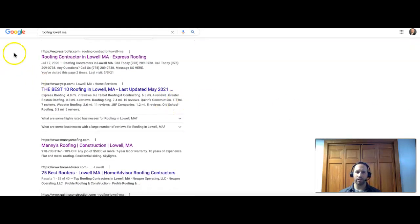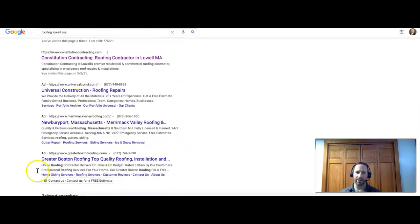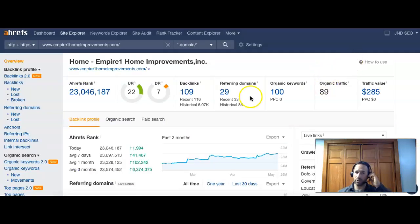And then after that, we have our organic section. This is where the companies show up with their websites. And so just for this example, roofing Lowell, MA, if we were ranking this keyword, number 1 would be Express Roofing. Number 2 would be Yelp. Number 3 would be Manny's Roofing. And number 4 would be Home Advisor. It goes all the way down, as many numbers as you can really count here. The top 10 show up on the first page. And then after that, you see more ads at the bottom. So remember that the top 10 show up on the first page, because that's where you want to be for all the key. All right, so I went ahead and took your site, Empire One Home Improvements, and I plugged